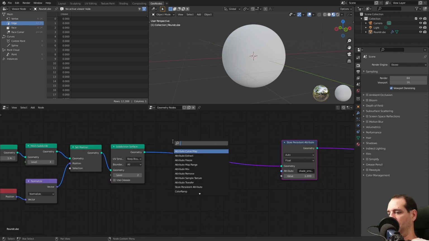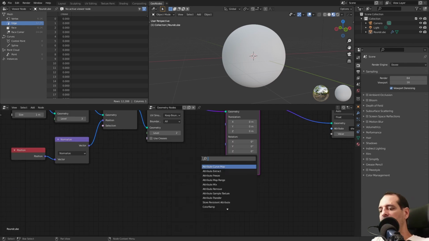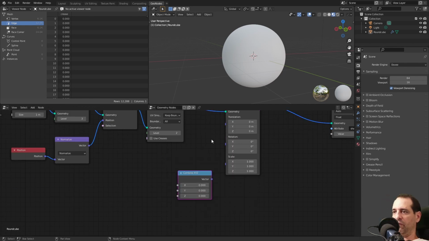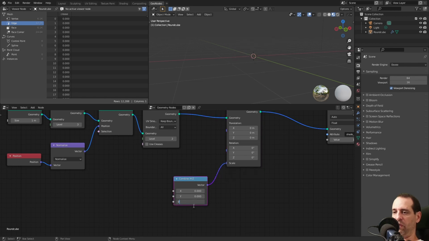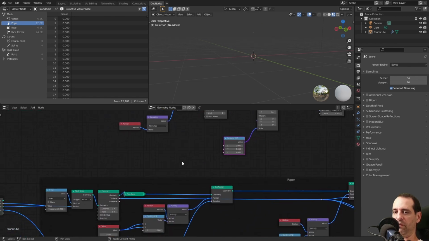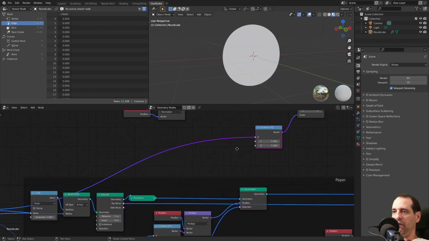So I will use a transform, simple transform. I will use a combine XYZ to be able to control this independently. I will leave this at 1 for a minute, and I will use the radius here